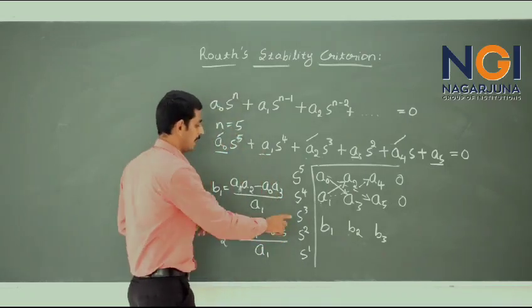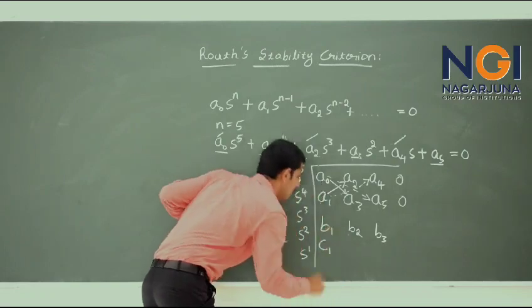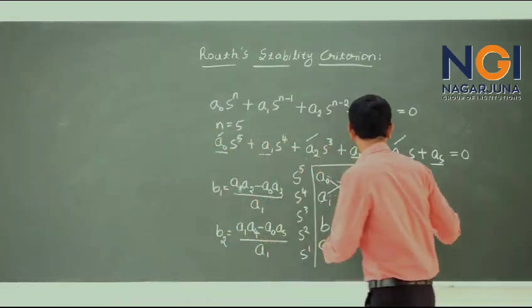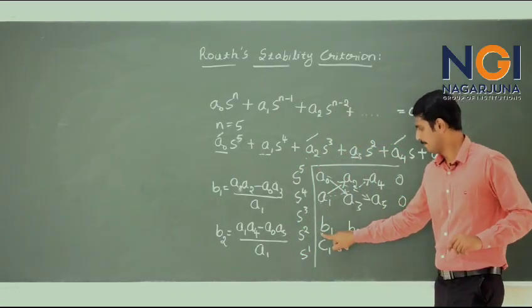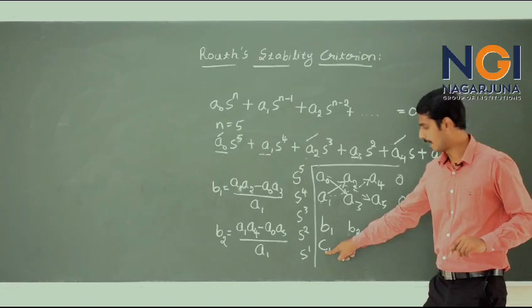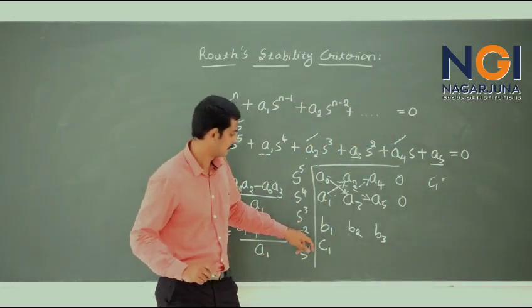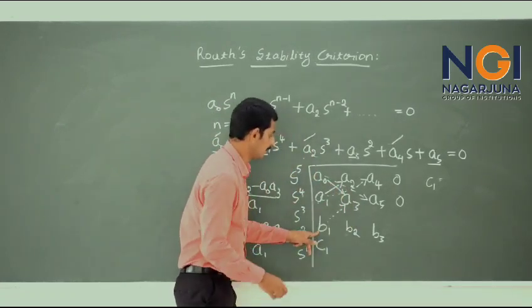Next, in the next row, what I will get is c1. How will we calculate c1? The c1 is given in the same way: whatever term you are calculating, for that we just consider the previous two rows. So for c1, b1 is multiplied by a3 minus